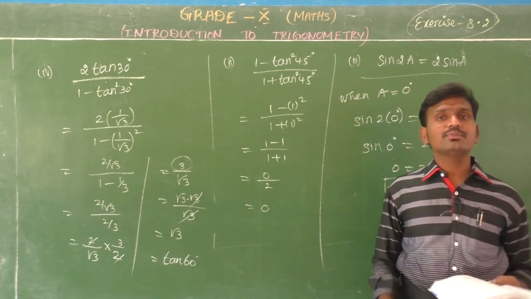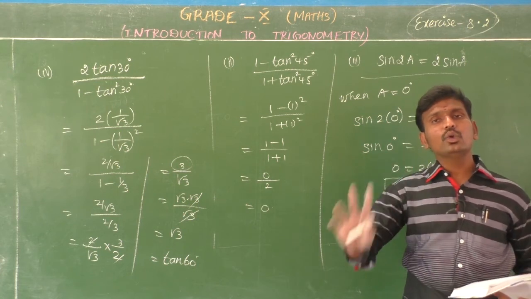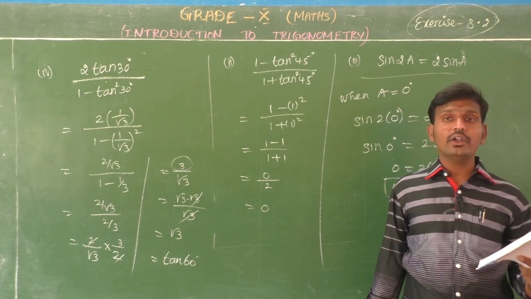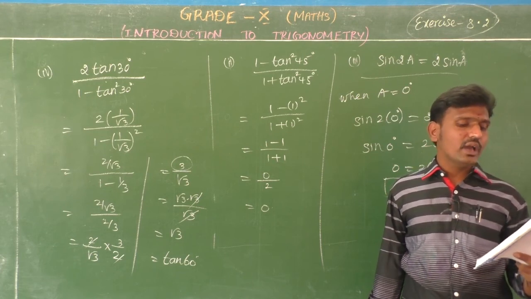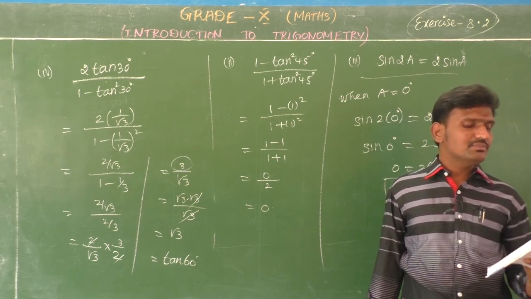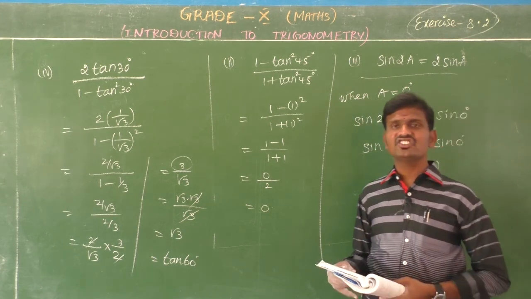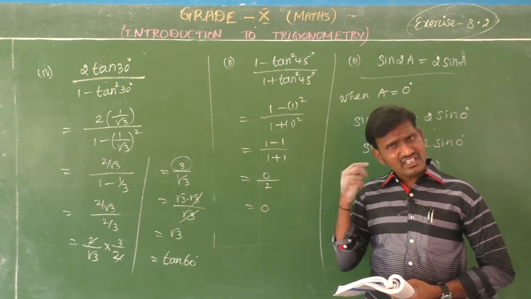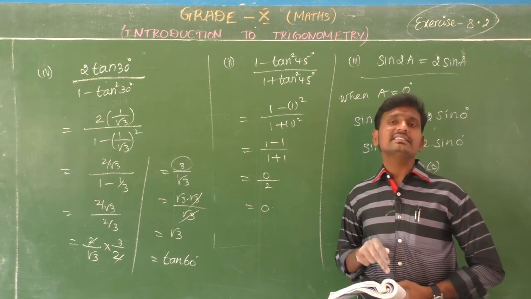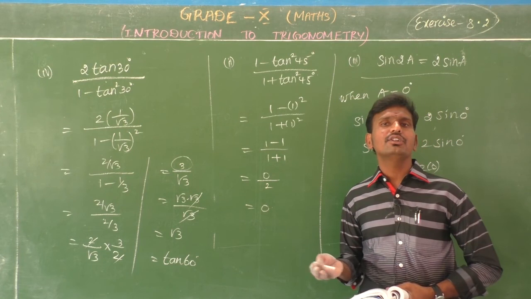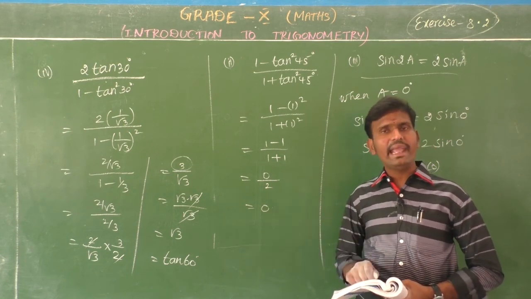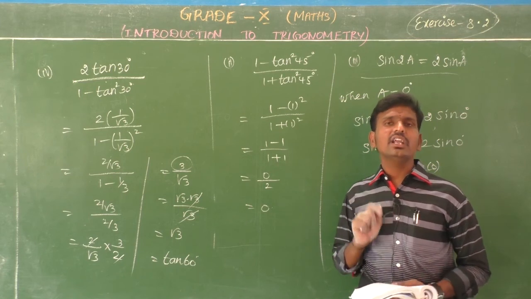Finally, the fourth question I am going to give you is true or false. State whether the following are true or false. Justify your answer. So sin(A plus B) equal to sin A plus sin B. It is not. Why? Because of angles A and B. Suppose you want to check this identity, take A equal to 30 and B equal to 60, any values you have to take and check. It is not equal.